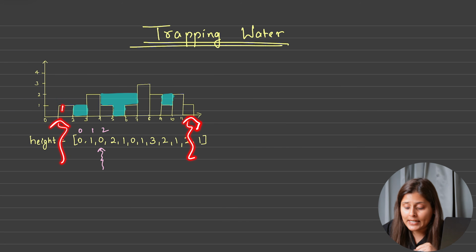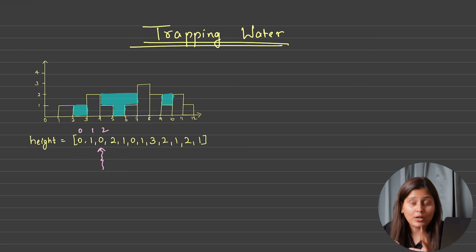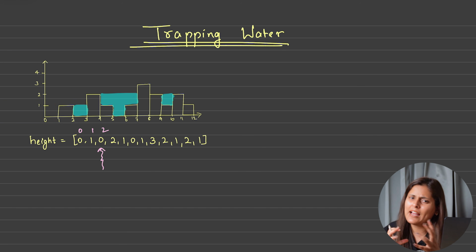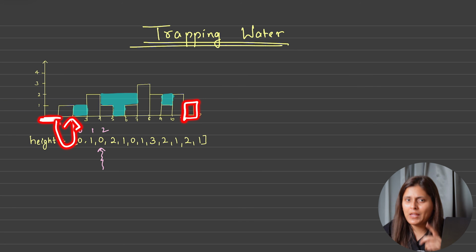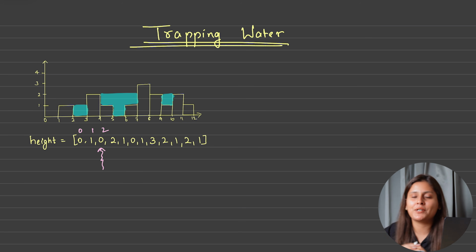Correct? And we decided which direction our left or right will move, and when the right or left will move. We decided that whatever is the minimum height out of left or right, the minimum height will always move towards itself and calculate the water from that side. Correct? So in this case, 0 is the minimum height at the starting and 1 is the maximum height, so obviously left is minimum, so we will move the left pointer ahead. And with the same rule, we will check what is the maximum height, we will add in the water and subtract the block present at that particular index.